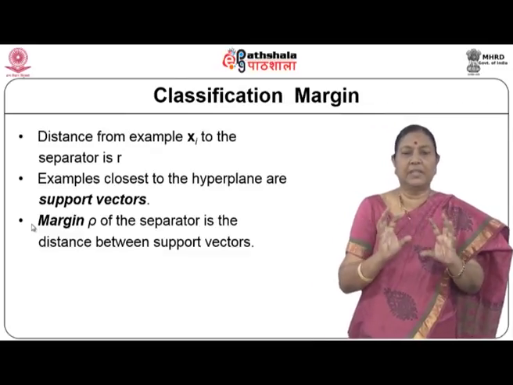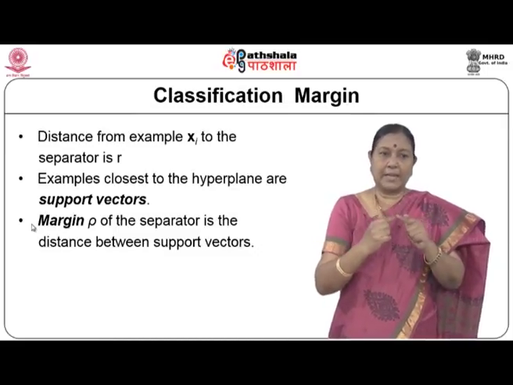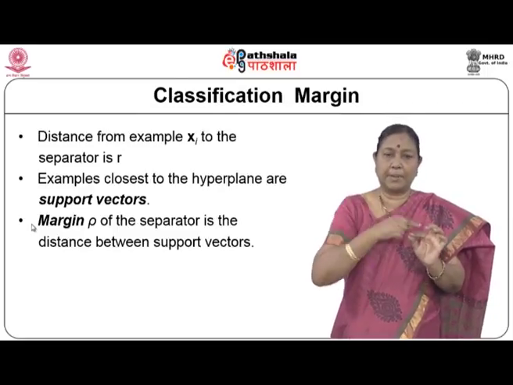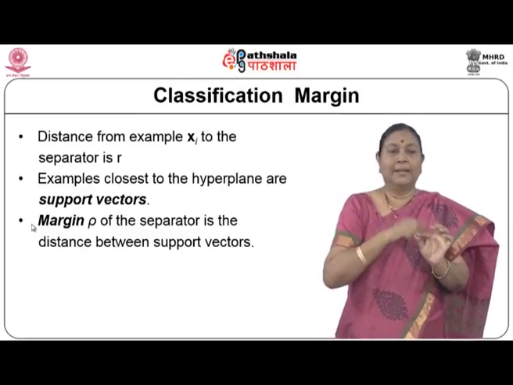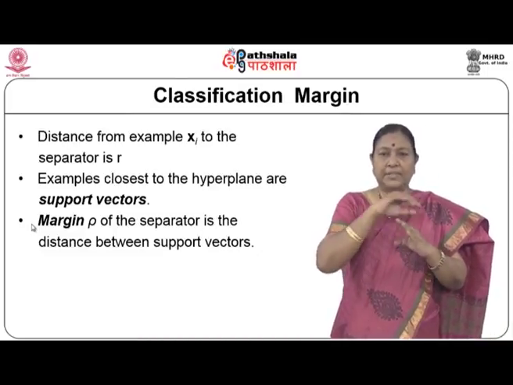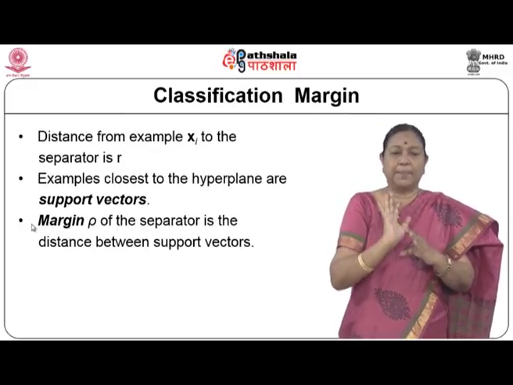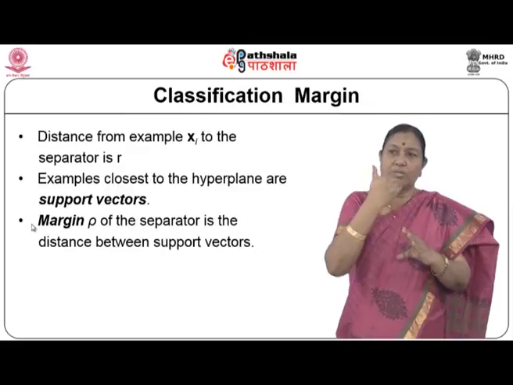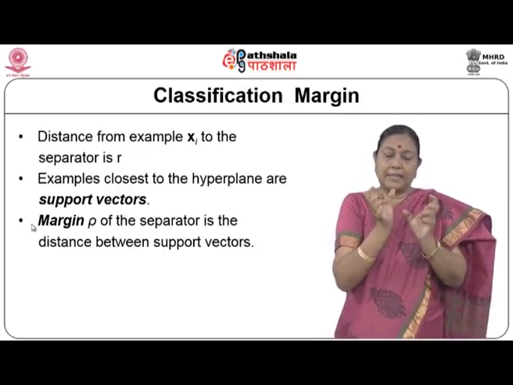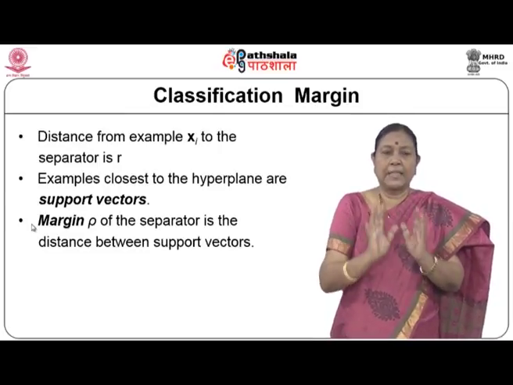These are the three different things you should understand when we talk about support vector machine. You have an example xi, and the distance from this example to the separator, remember the separator is that plane or line, is r, let us assume. The examples far away from this hyperplane are not very important. The ones closest to the hyperplane are called support vectors. And there is a margin that separates the two, the distance between the support vectors, that we will call